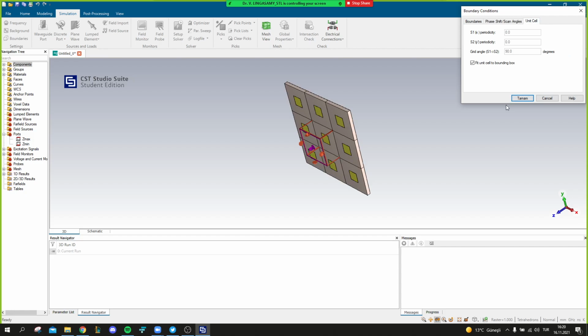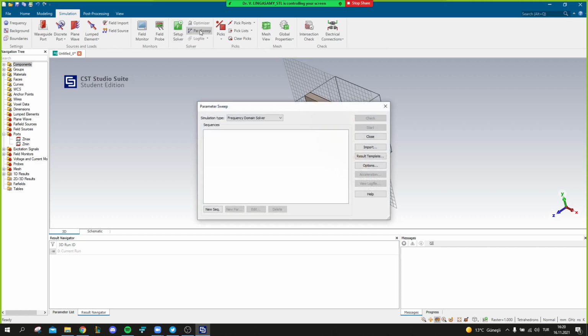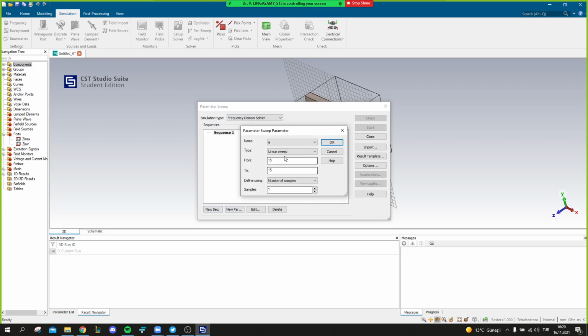Here is A. We are going to use L. Let's say 2 to 6.